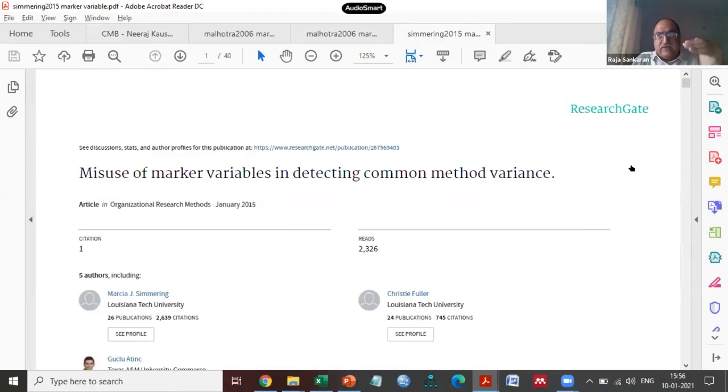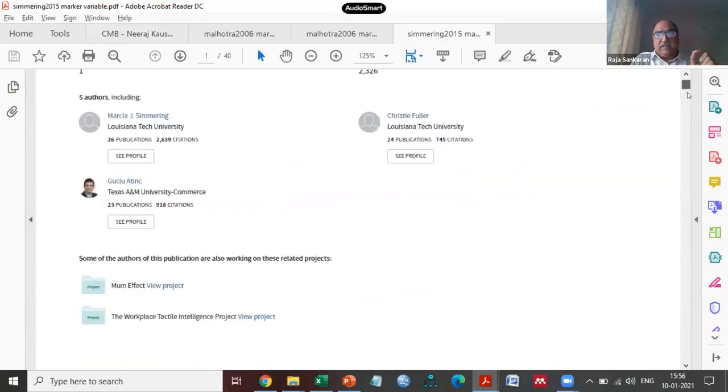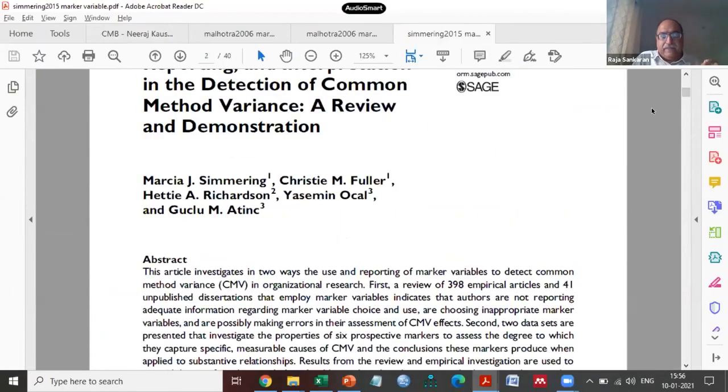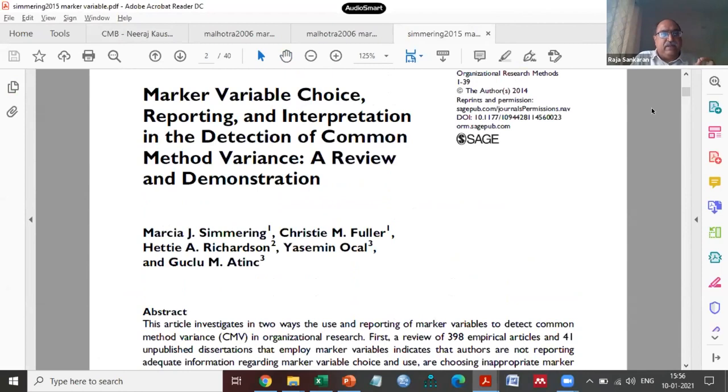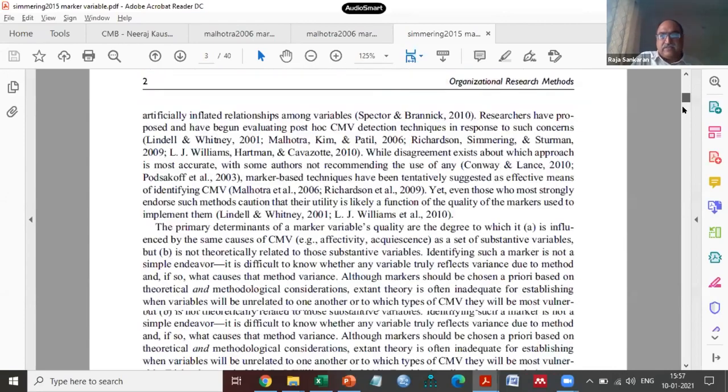He has gone through various aspects of this paper. I will not be going through each one of them, but I will show you what this paper has done. They have looked into the various marker variables, different studies that have used marker variables. So it's all about a review and demonstration of the marker variable choice, its reporting, its interpretation and detection of common method variance. So what I'll do is directly take you to one of these pages.